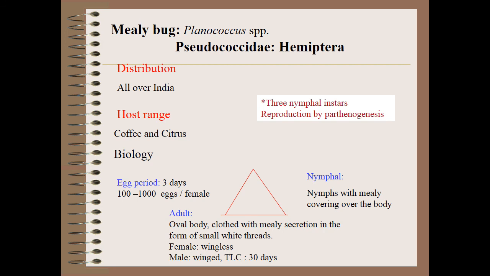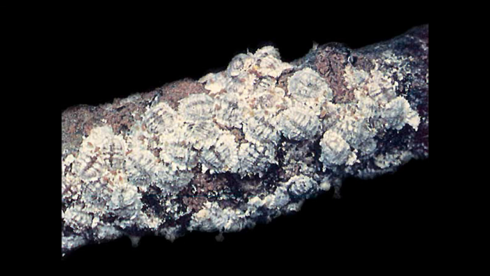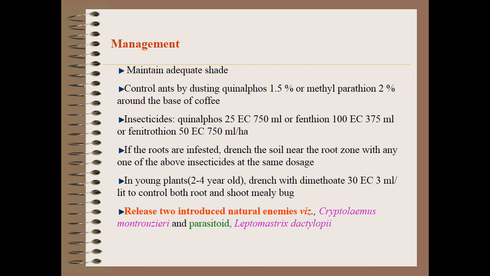What about mealybug? The Planococcus species, Pseudococcidae, Hemiptera. It has 3 nymphal instars, and it is also a severe sucking pest of coffee. It can lay 100 to 1000 eggs per female, and nymphs have a mealy covering over the body. The adult is oval shaped, clothed with mealy secretion in the form of small white threads, and the female is wingless. The male is winged. The total life cycle is about 1 month. Maintain adequate shade and control ants by dusting quinalphos or methyl parathion around the base of coffee, and release natural enemies like Cryptolaemus montrouzieri and parasitoids